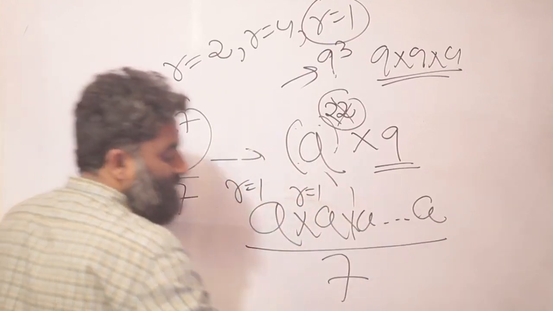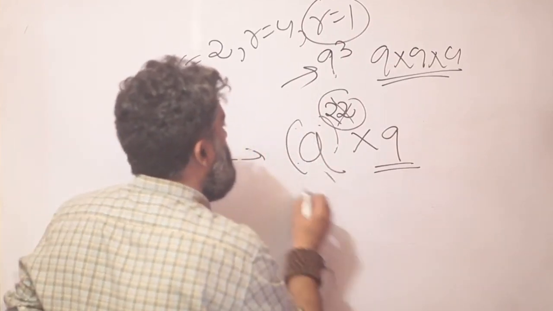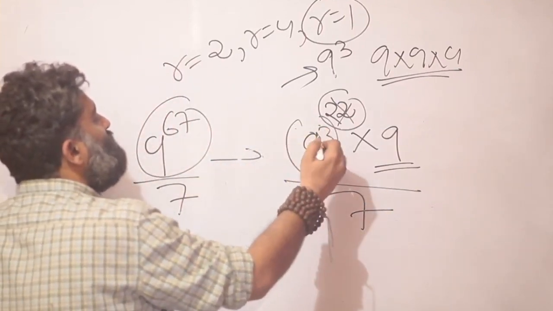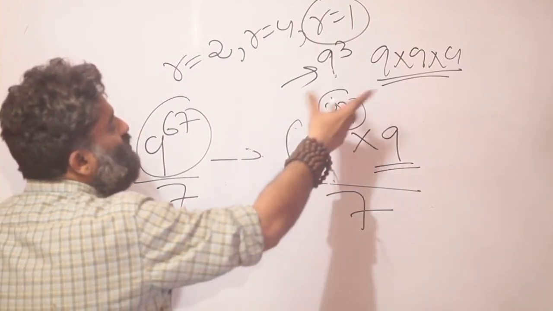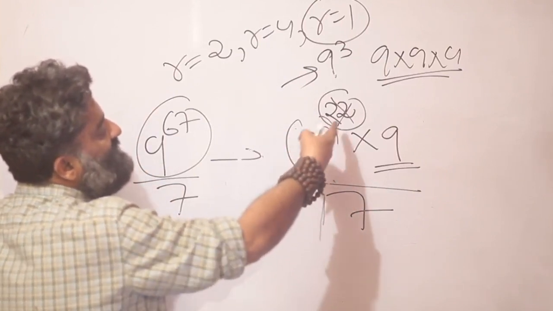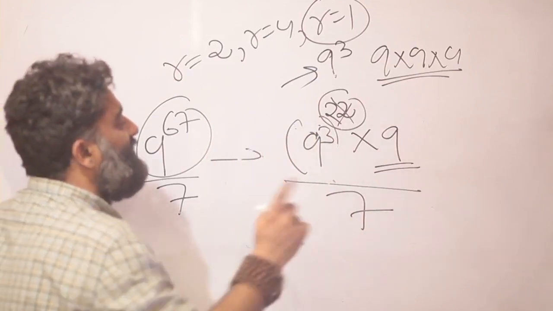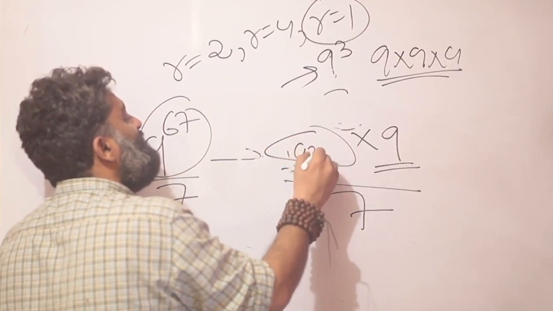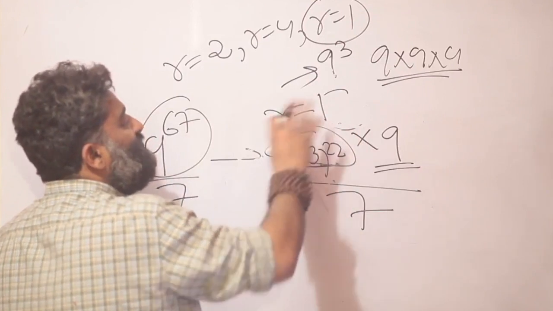So overall, for all of this process, when I take this and divide this by 7, and we were talking about 9 cube, each 9 cube is going to give me a remainder of 1. There are so many 9 cubes, each of them will give me a remainder of 1, and they're multiplied to each other. That's what the indices mean. And multiplied by themselves, they'll give me a remainder of 1. So all of this, I don't have to worry about it. Whatever this number was, 9 cube raised to 22, my overall remainder after everything would be 1.